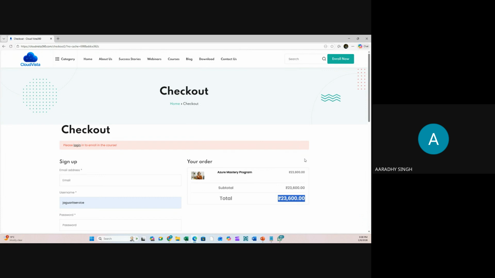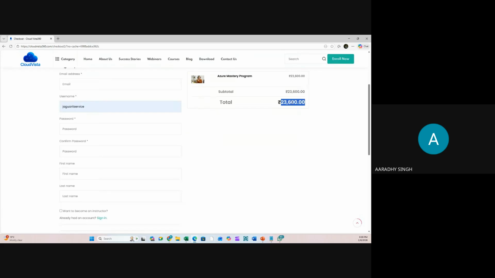The second option is available using the scanner. In that case, you can save this 3,600 rupees. Means in that case, you have to pay only 20,000. So the GST part you guys can save. Again, repeating, there are two fee structures for Indian citizens. One is if you're paying through the website, you have to pay 23,600. If you're paying offline through the scanner, then you have to pay only 20K. So this link also I'm sharing with all of you.